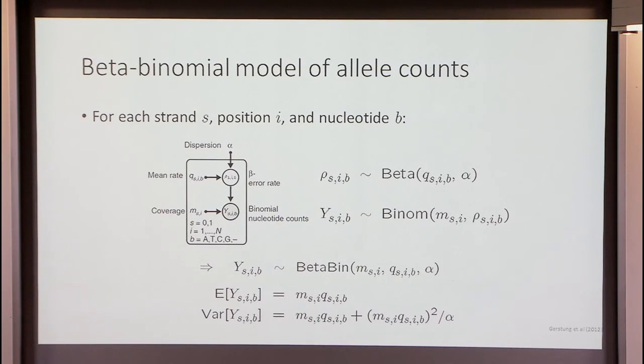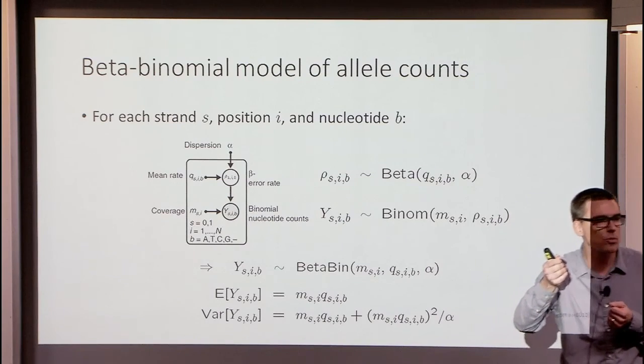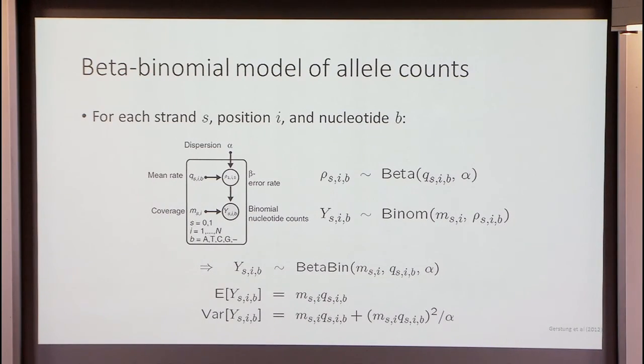Okay, so one common approach uses in one way or another a distribution that gives you a good model of the null distribution of the variation that you observe in the data. As one example, I'm showing you here the beta binomial distribution. First of all, if you look at a single column, and let's say we only look at one of the bases, and we wonder whether that is a mutation or not, then the data is just binary, right? You have a 0 if the mutation is not present in the read, and you have a 1 if the mutation is present on the read. So all you can do basically is count how often I have seen this. The most natural and simplest model for that is a binomial model.